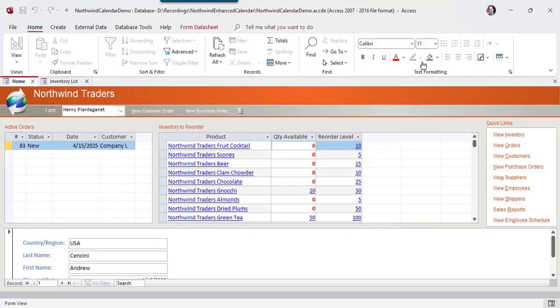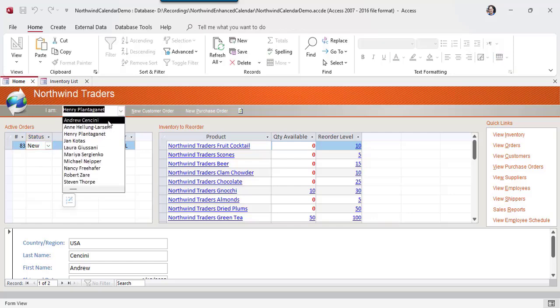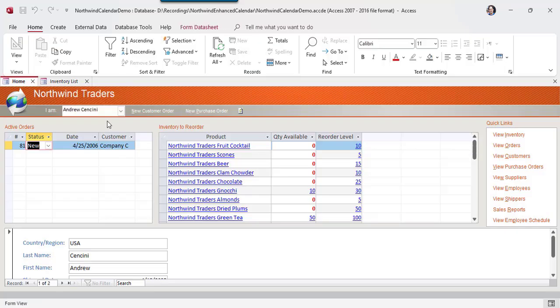So let's go ahead and close this. We need to approve those purchase orders first. You see, the active order appears in my records. Of course, it's active. Let's go in as Mr. Sassini. So you would probably want to put in a security system, but let's go ahead and